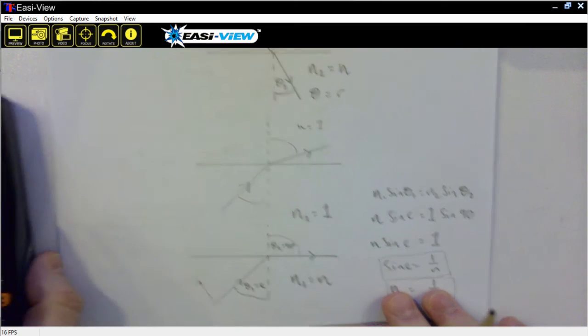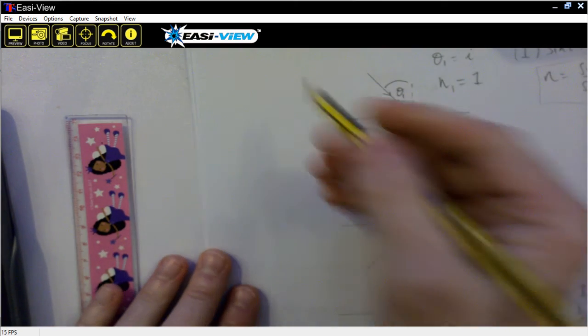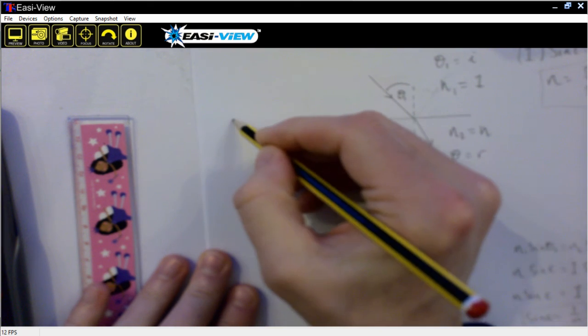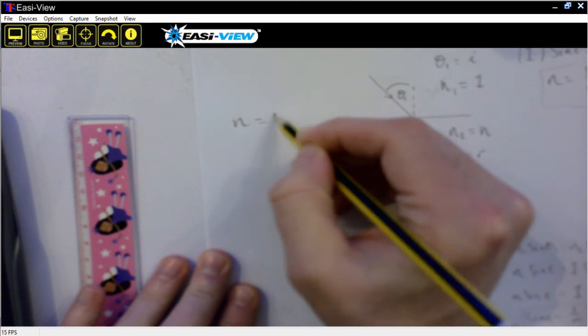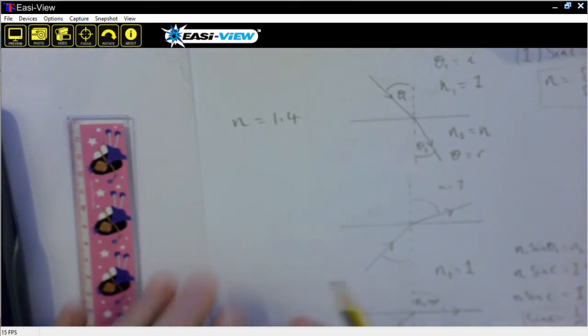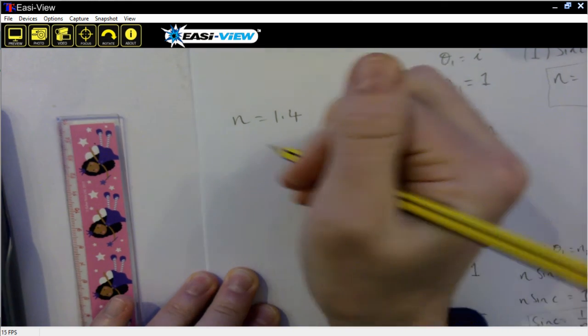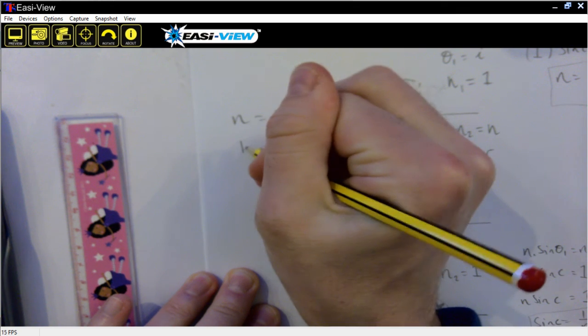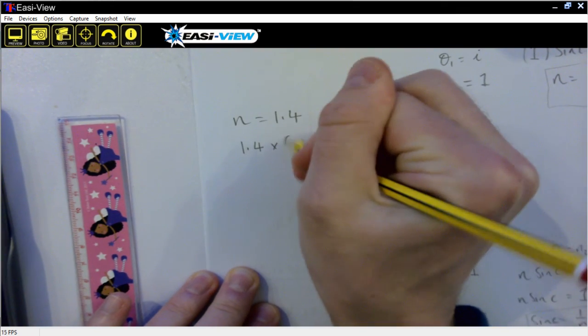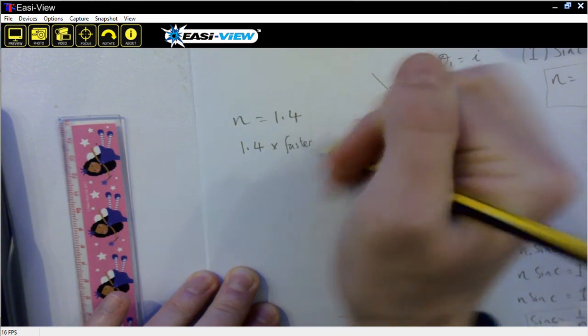The final thing I would like to mention, I'm running out of room, running out of paper, is what a refractive index means. I've used the example of a refractive index of 1.4, but you could choose anything. What does a refractive index of 1.4 mean? Well, that means that the light travels 1.4 times faster in a vacuum